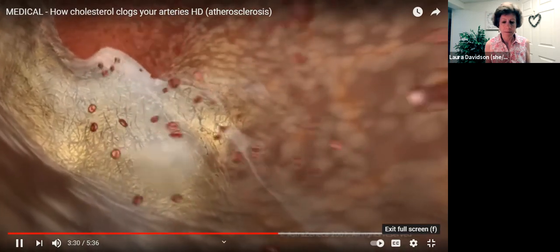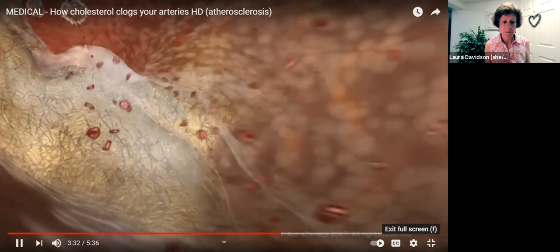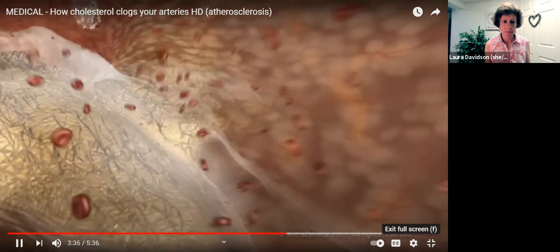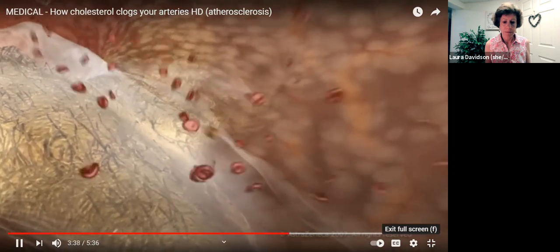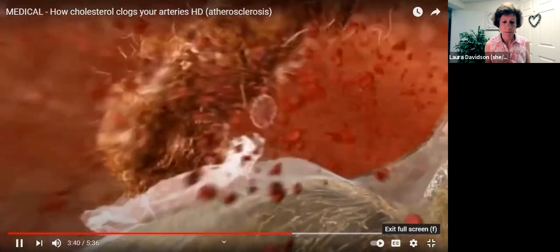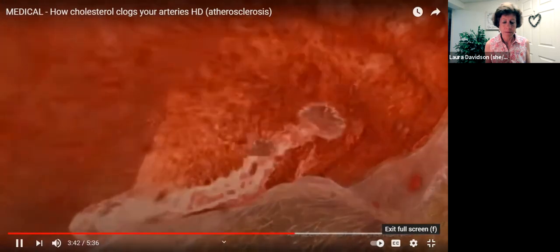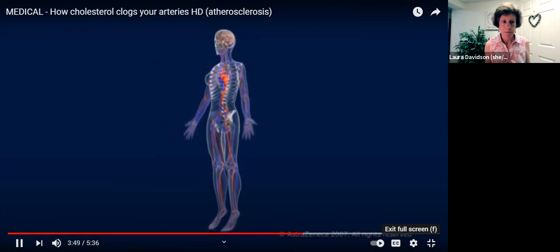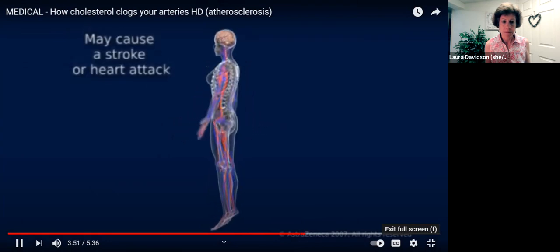As the plaque grows into the artery opening, it squeezes the blood through an ever smaller gap. The resulting increase in pressure at the narrowing can damage the capsule covering the plaque, which may then rupture, resulting in a blood clot that can completely block the artery. Depending on the location of the blockage, the consequences, such as stroke or heart attack, may be severe and could